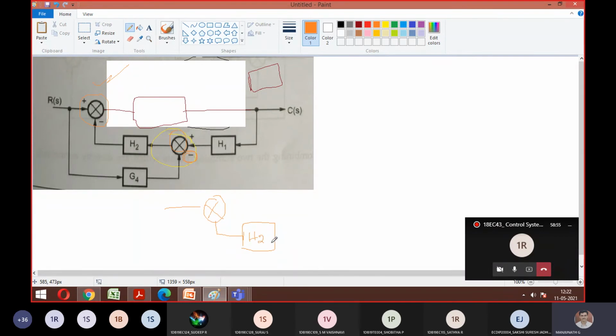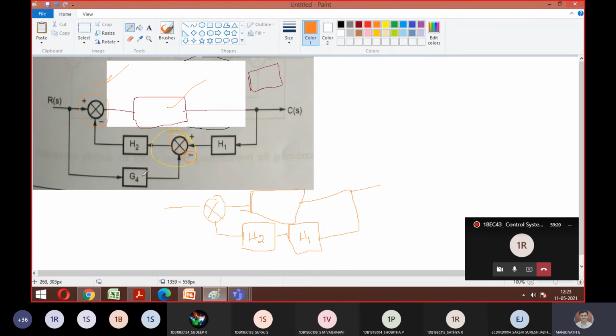So forward paths we are separating. So H2 H1 combination. Any of this will go to your single block answer. This block you already have with you. That block I have connected here. Okay, now. So this is one split.